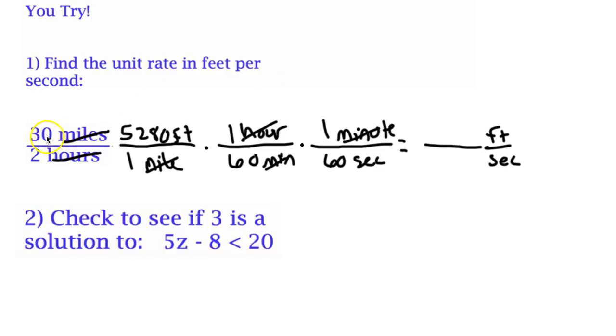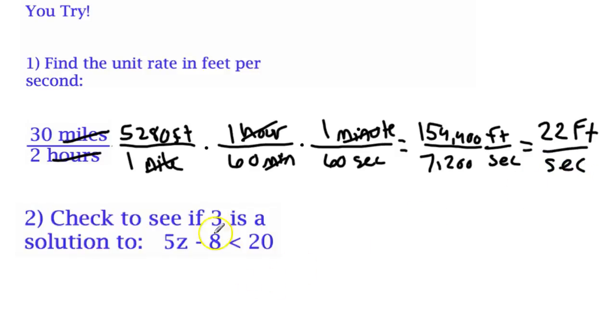When I multiply 30 times 5,280 times 1 times 1, I get 158,400. And when I multiply 2 times 1 times 60 times 60, I get 7,200. I want this in the unit rate, so I divide that out, and I get 22 feet